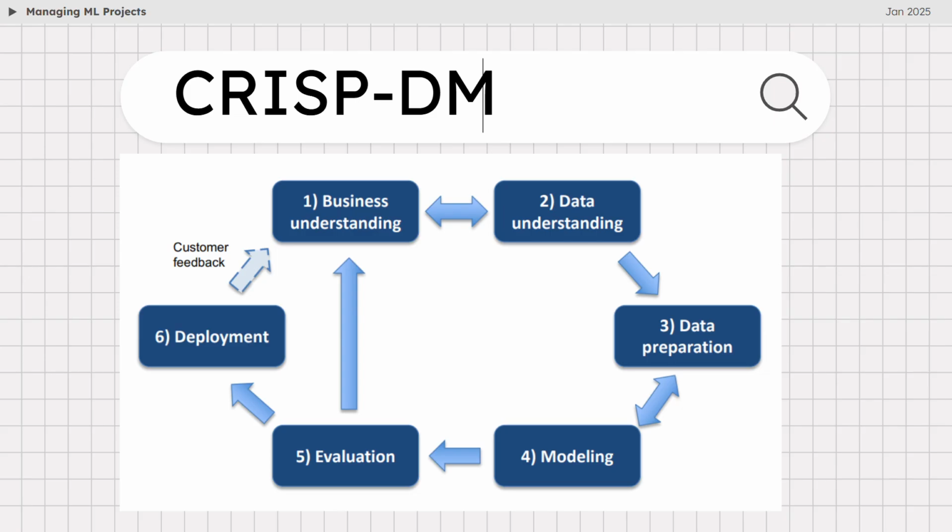So here is a picture of the CRISP DM framework. It starts off with business understanding. There should be clear documentation of what the business does, how the model can help, and what would be the outcome if we ever do this model and release it into production. Then we'll understand the data, what sort of data is available, what sort of data is needed for the model, and if the data is clear and there is no anomaly, how can we curate the data for use in the model. Then the model itself, how do you do it? And then how would you evaluate it